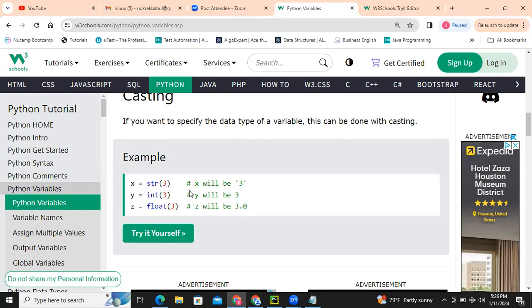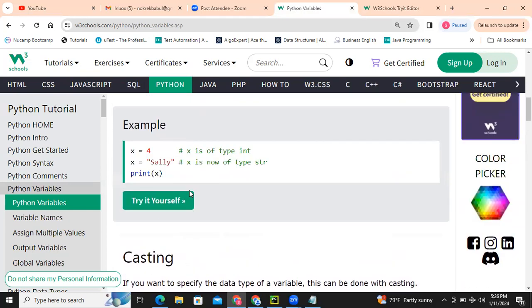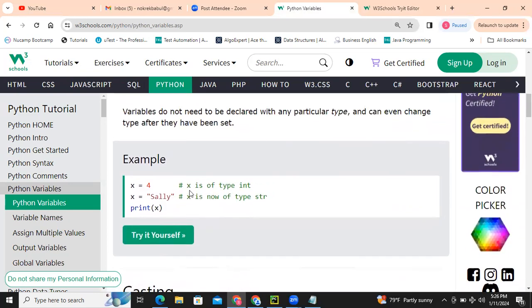These are part of variables, like x equal to a variable. Variables do not need to be declared, that we already understood, with any particular type, and can even change type after they have been set.